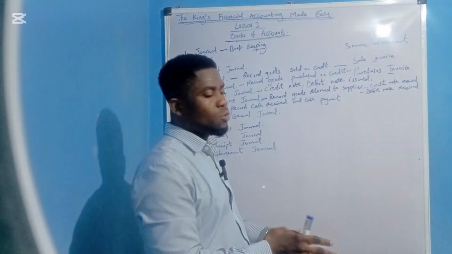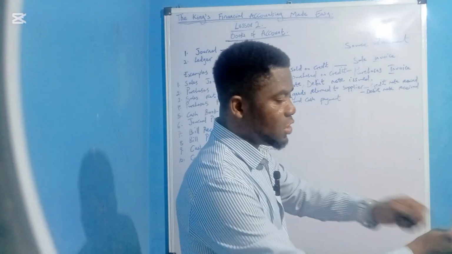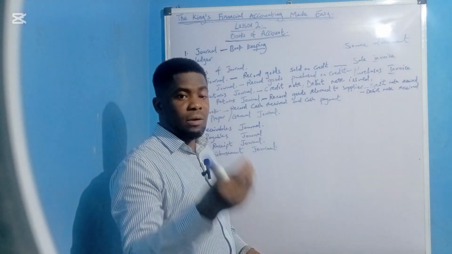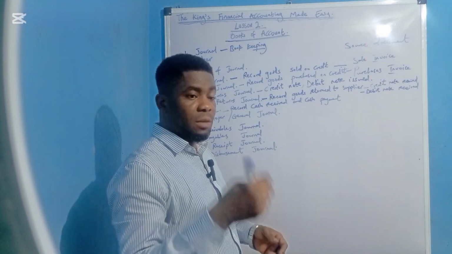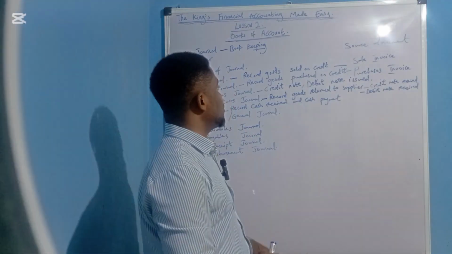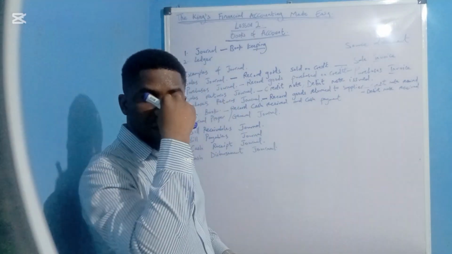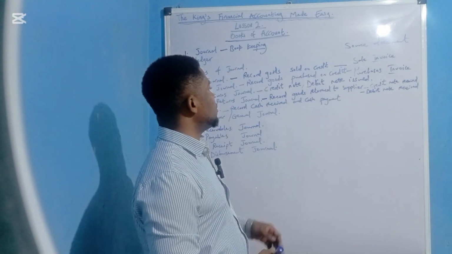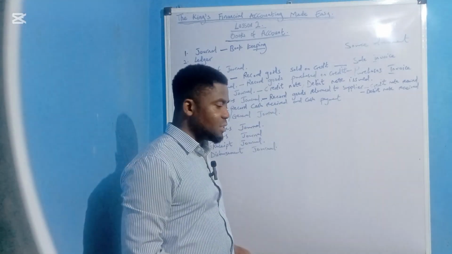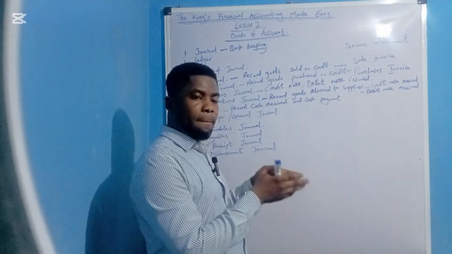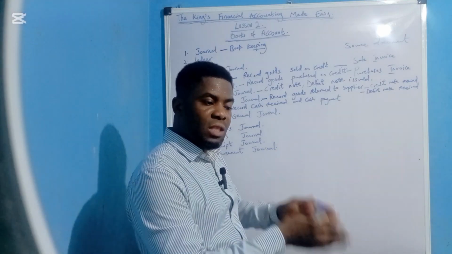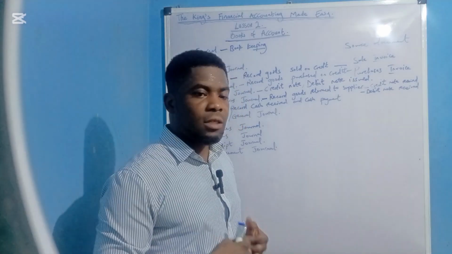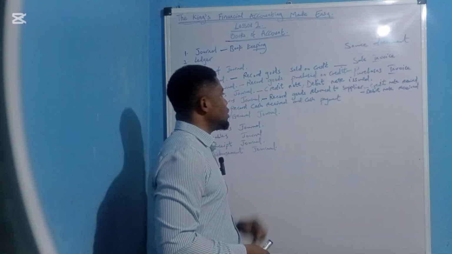Anything that does not deal with cash does not go there. If there's any business transaction that takes place and there's no exchange of cash, it is not recorded. The cash I'm talking about can be paper notes, cash. Yes, it can also be a check. It can also be a bank transfer. Yes, that is cash. As long as after the customer bought goods they paid immediately, or after you bought goods from a supplier and you paid immediately, that is a cash transaction, and it goes to your cash book.